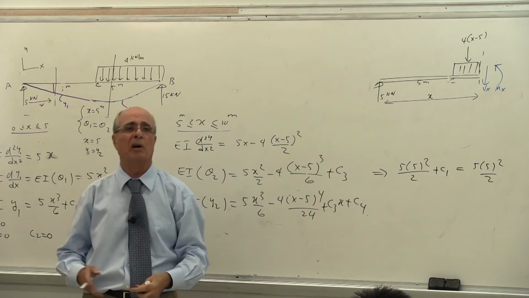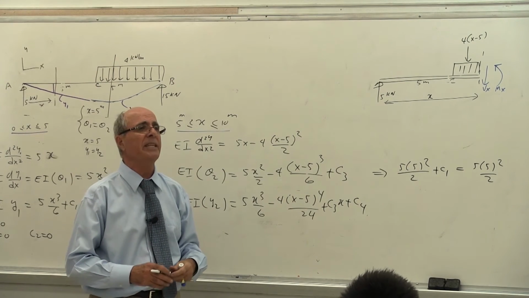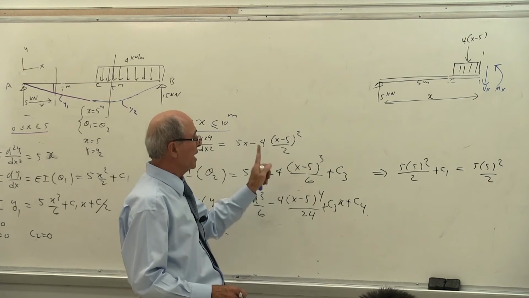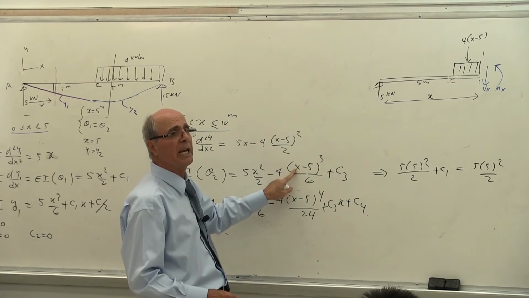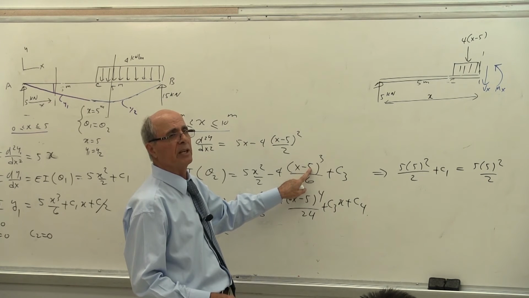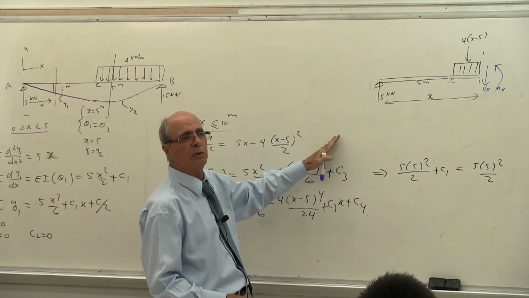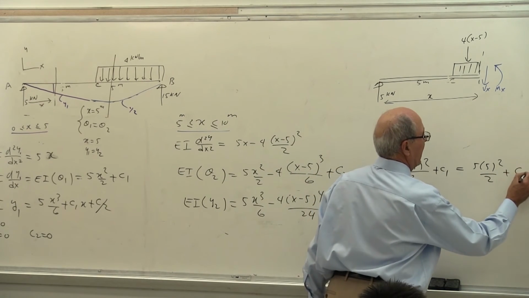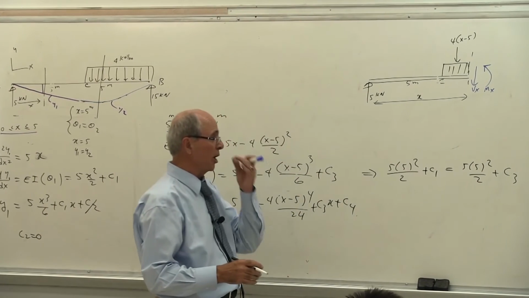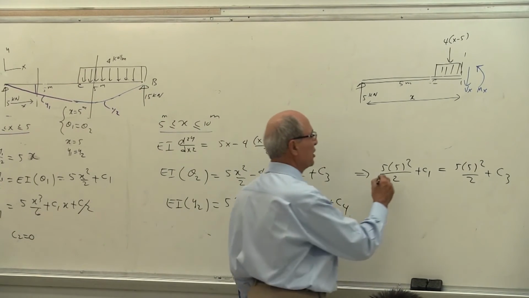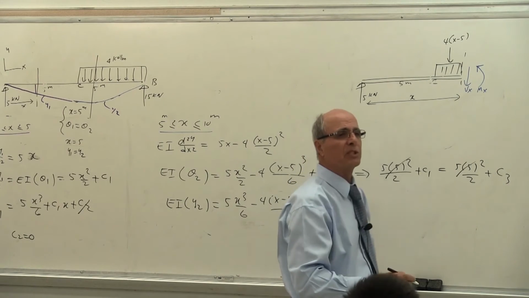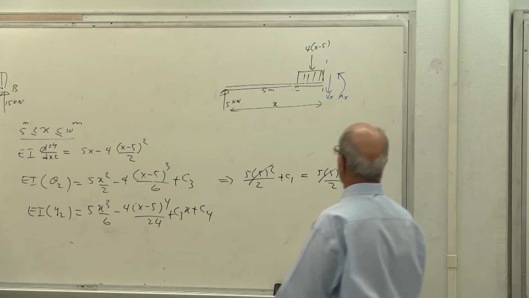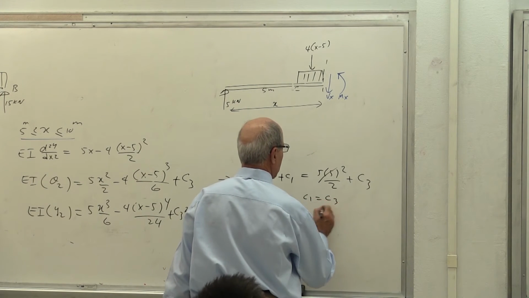You have to take the moment of each term. Everybody understand what I'm saying? It never works in that format. It has to be left in this format. Is that correct or not? And the beauty of that is you are going to put x equal to 5. That's the boundary line. Yes or no? The whole thing becomes equal to 0. 5 minus 5 becomes 0 plus C3. These are the advantages that we get from writing this in a very nice format. Notice this one and this one drops out. Therefore, C1 must be equal to C3. Please write it down. The result of this one, C1 equal to C3.